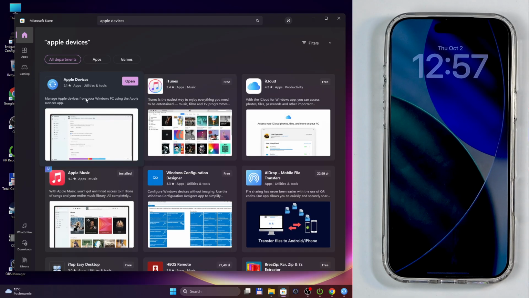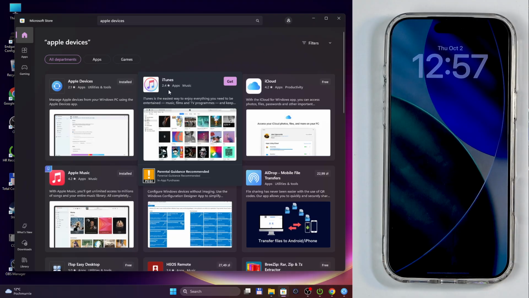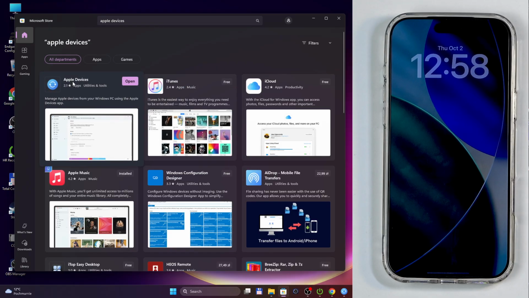Awesome. If you pay attention here, it's even lower than iTunes, which is 2.4. That was already pretty bad. Now, if you're wondering, why the hell aren't we using iTunes? That's what historically we would use. That's because Apple decided to update iTunes by not updating it at all, and then making a new program, which is even crappier, that has half of the features of iTunes. So they basically made Apple Devices, took the tunes out of it, and then made a second greatest program,